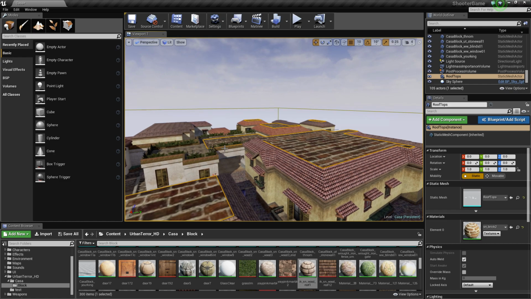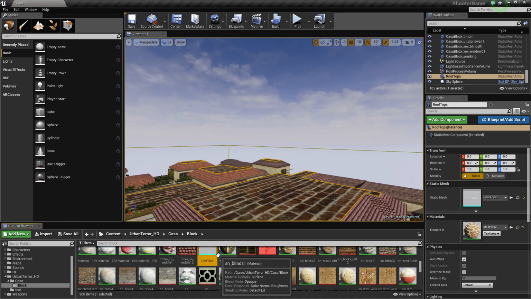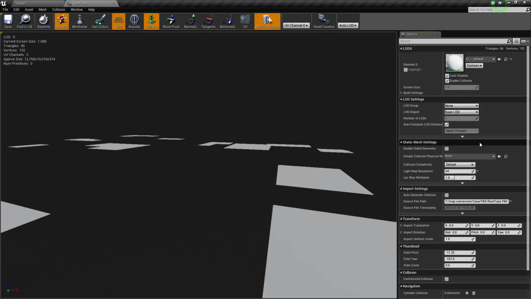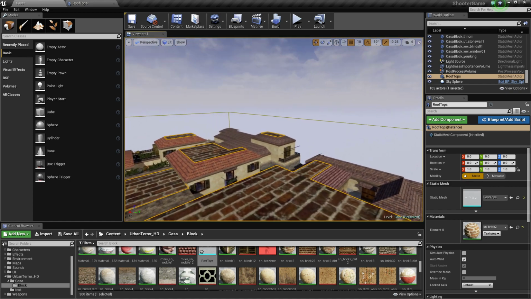But to move forward with the rooftop I have in place, I've got to find that and select that, bring that open. You can change the map resolution by selecting it, as well as collision complexity. So if we use complex collision as simple, then we can go back and now hopefully